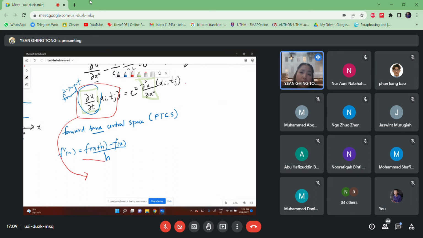So it will become like this: u i, since this is with respect to T, that means with respect to j. So this one is j plus 1, because this is plus h, see? Then minus u i j, divide by,